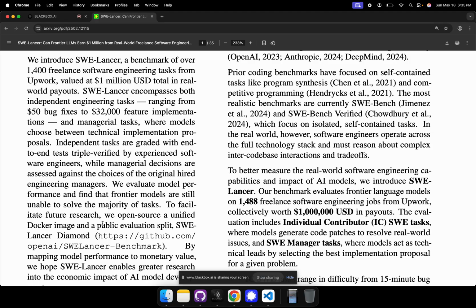Nous présentons SWE Lancer, un banc d'essai de plus de 1,400 tâches de génie logiciel en freelance de Upwork, évalué à 1 million de dollars au total de paiements réels. Does that sound